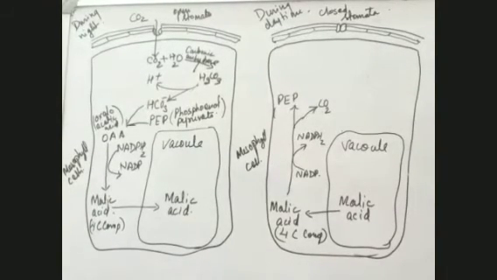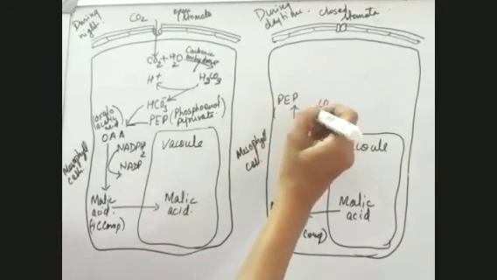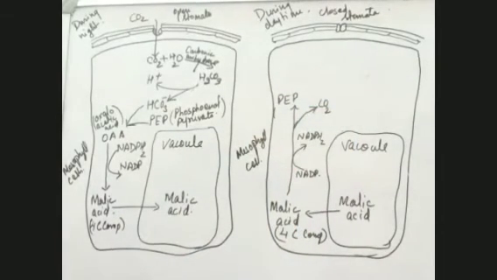Now what happens? Now see here. Here carbon dioxide is synthesized. You have seen when the malic acid dissociates along with PEP, CO2 is also formed. Now this CO2 is going to do something. See, till now in this plant, the biosynthetic phase has not come. You know what the biosynthetic phase is? Biosynthetic phase is the phase in which NADPH and ATP are formed. But till now, you see, just one molecule of NADPH is formed, and ATP is not formed. More of the high energy compounds should be formed.